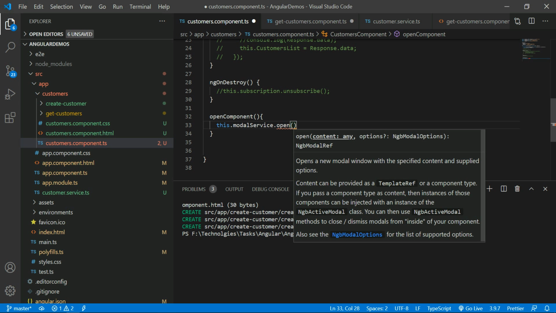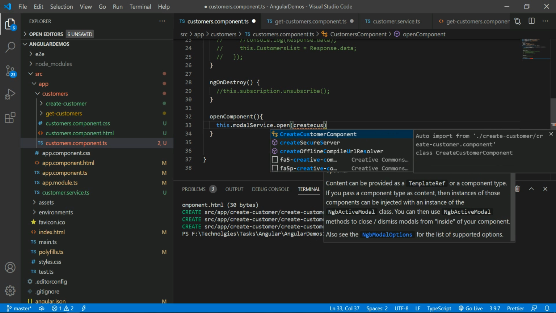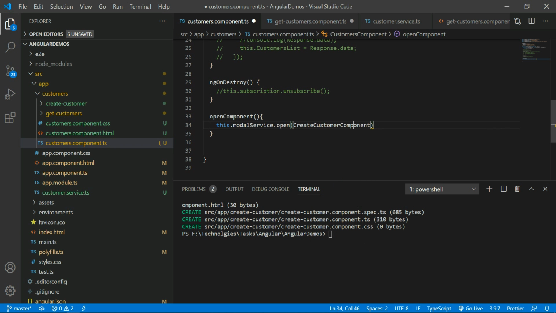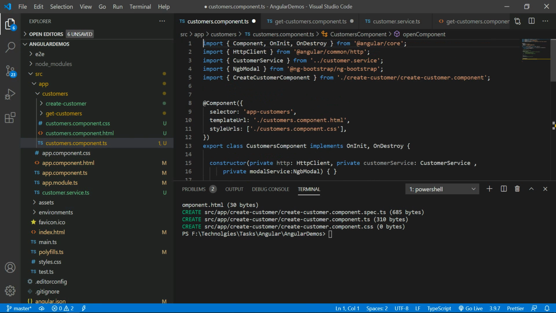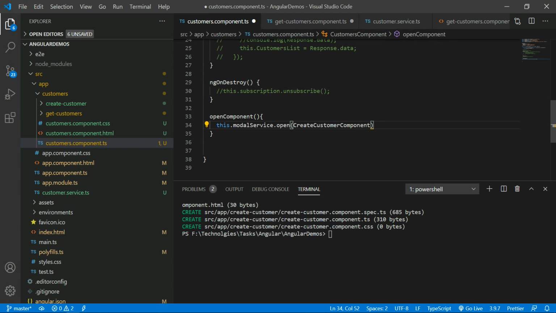So for that you have to give the component reference. What is the component here? That is the create customer component. You have to take the reference of the create customer component from the component TS file. Now one part I have done.